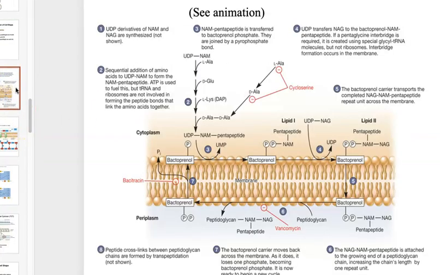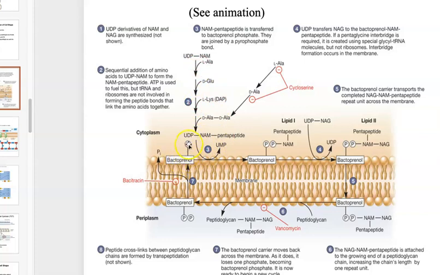And so this process is illustrated here, where the peptidoglycan monomers are being shunted from the cytoplasmic side to the periplasmic side using this carrier, bactoprenol. So UDP derivatives of NAM and NAG are synthesized somewhere, and then in step 2, there's UDP NAM, and then there's a sequential addition of the pentapeptide side chain to the NAM. And then UDP NAM pentapeptide